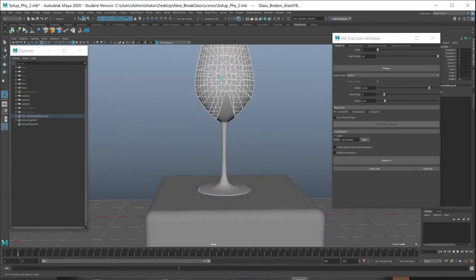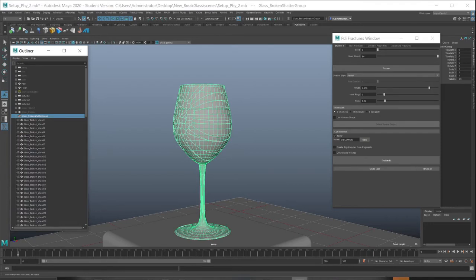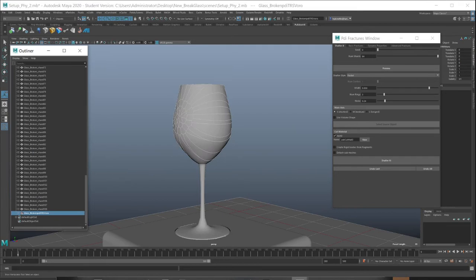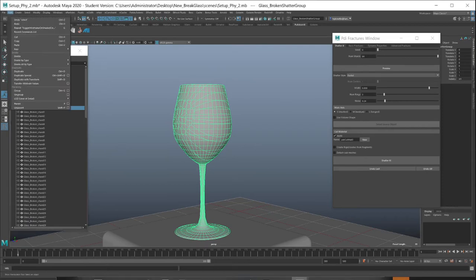All right, so next, I'm going to do one more of the shatters like that. In order to create another shatter, you need to ungroup this, and also you want to delete the Voronoi. So suppose I did it again and hit shatter, you can see it won't let me. So in order to get around that, what I'm going to do is delete the Voronoi here, and then also I'm going to do these hidden ones, because we see that here, group,